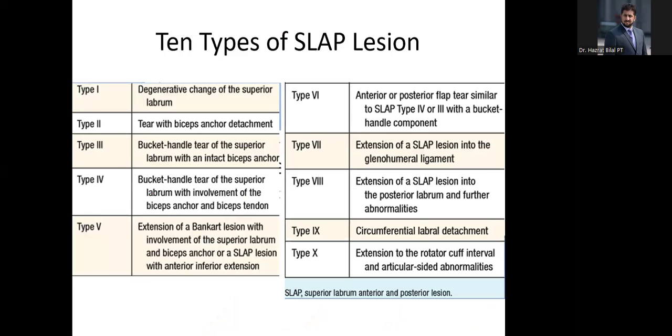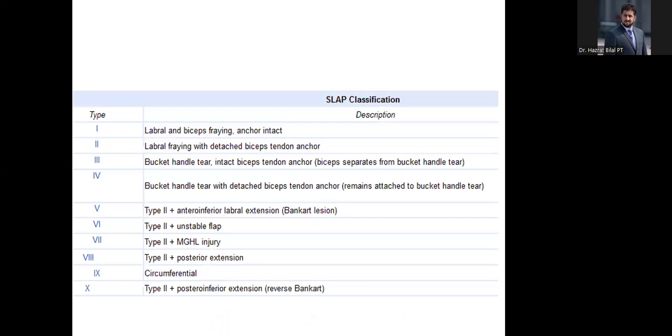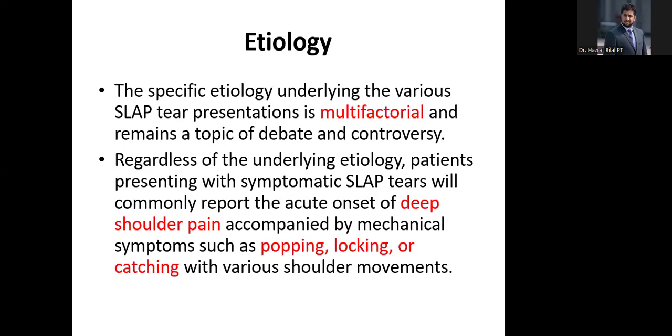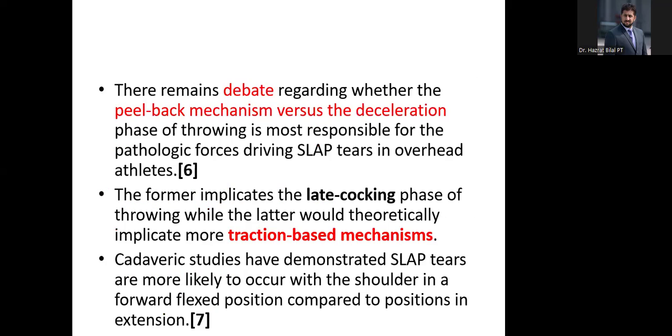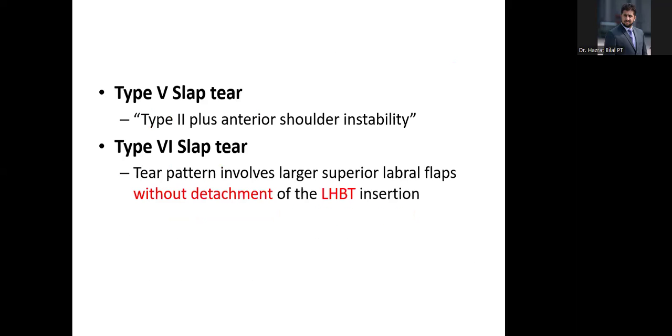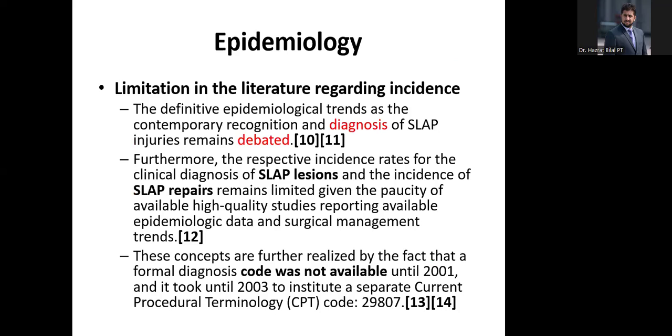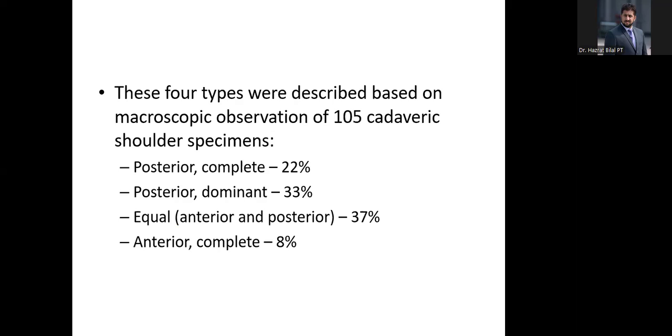These were the classifications. These were the four types of classification, and these were the 10 types of SLAP lesion we discussed. Etiology: we discussed the peel-back mechanism. Then these were the different types of classification of the SLAP lesion or the SLAP tear. We discussed the epidemiology, pathoanatomy, pathophysiology,